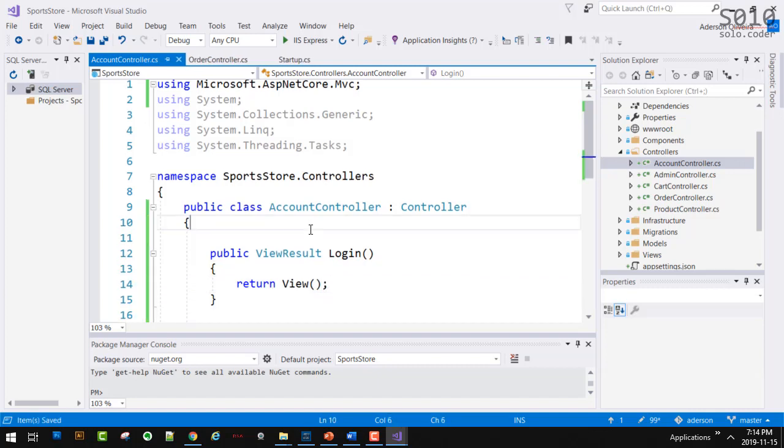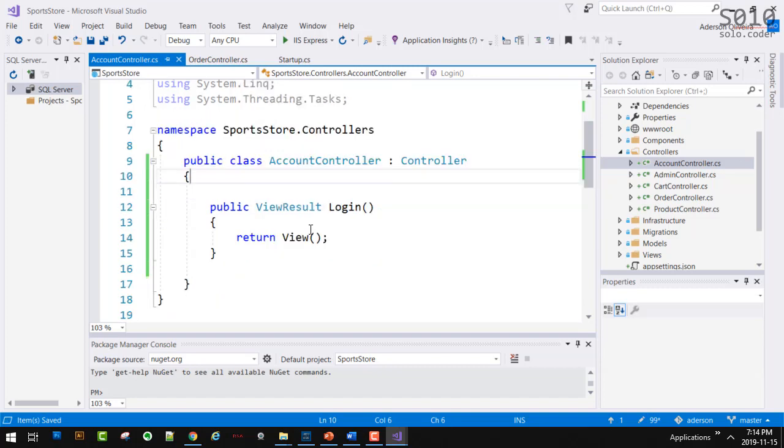Okay, this returns a view. And again, now what's the next step that we should do? Let's create the view with the same name as the action. We're not sending a parameter here.